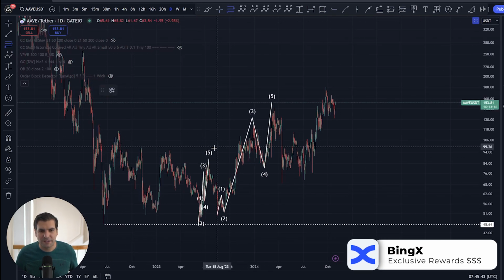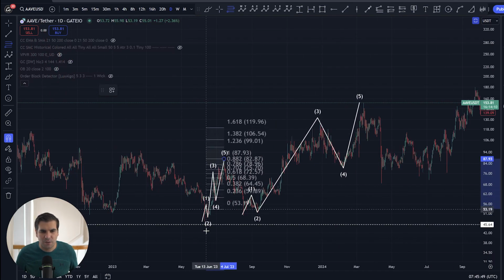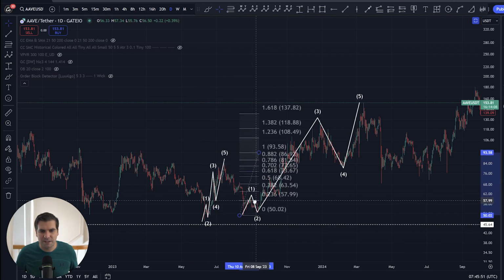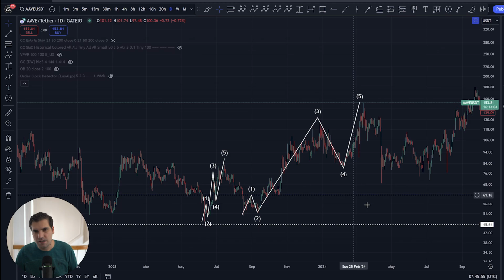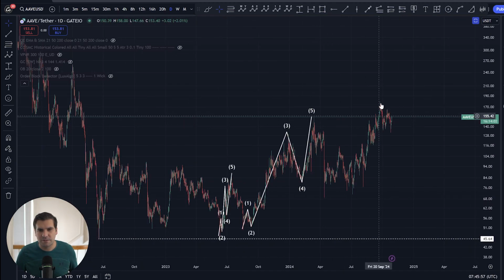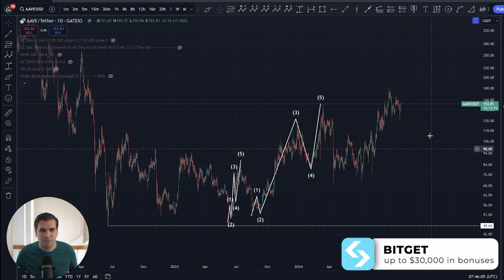So let me break that down. The concept here is we are nesting on this daily time frame, and it's really quite an intricate little process, and it can be a little bit complicated. As you can see, 1.618 was hit here, and then we're looking for this to be your final hurrah, which I don't think is necessarily finished just yet. Maybe it is, but I don't think it is, because we've got a 3-wave correction pushing up, and then we'll look for a bit more of a pull to the downside before we get into that final